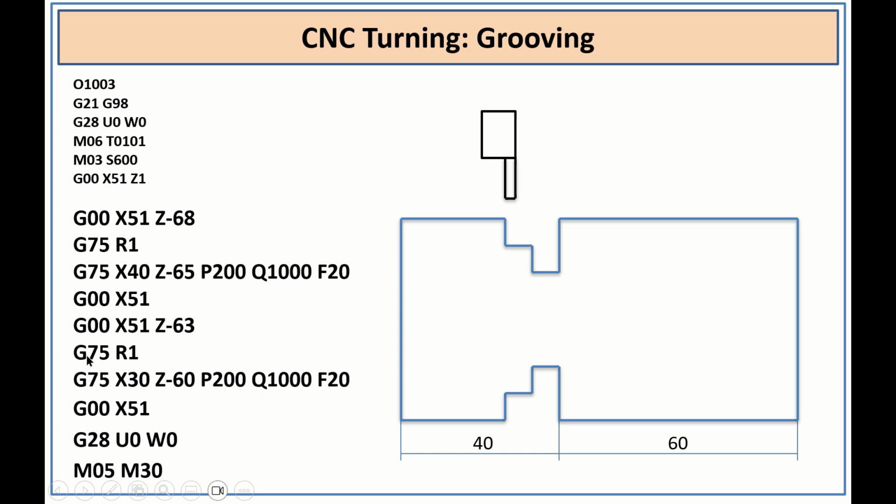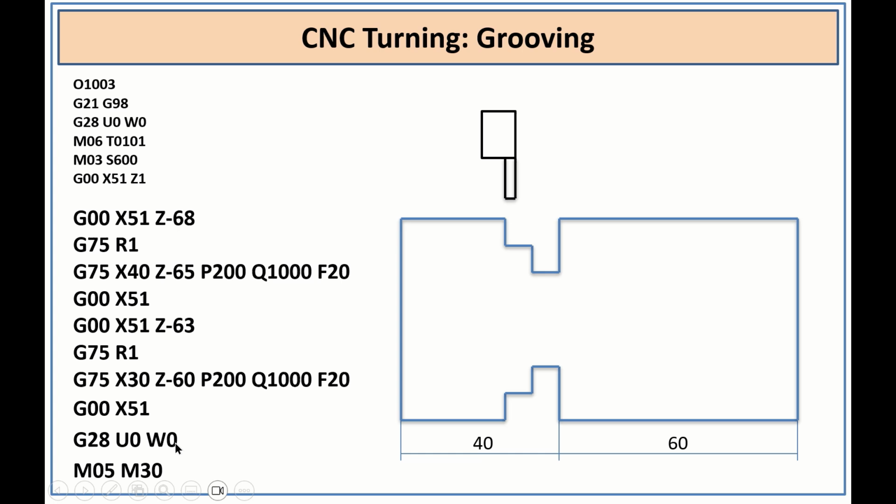Again I need to write another cycle here, G75 R1, G75 X30. Here the diameter is 30 and Z minus 60, till Z becomes minus 60. That means here it will perform the operation, and I took the same depth of cut, feed and even the width of the cut. Then it will go to G00 X51. That means it will go here, and then it will go to